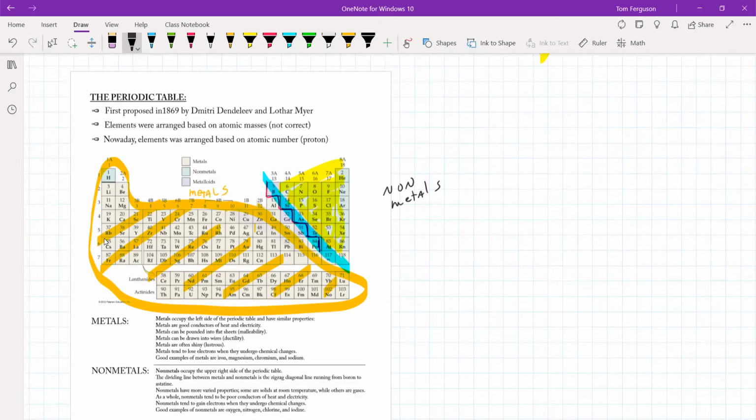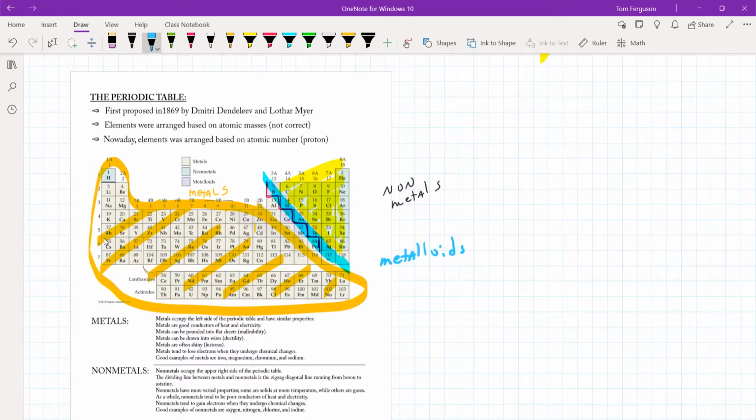If it's not a metal, it's a non-metal. And then something called metalloids, which have the characteristics of both metals and non-metals,